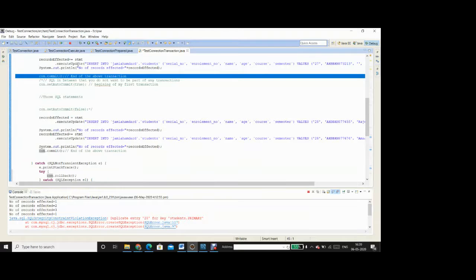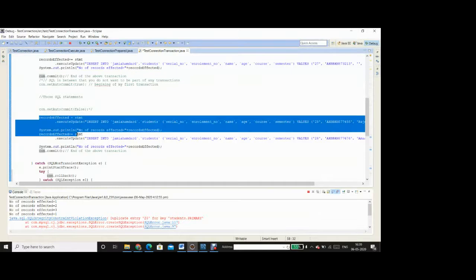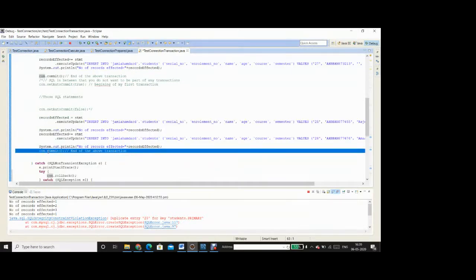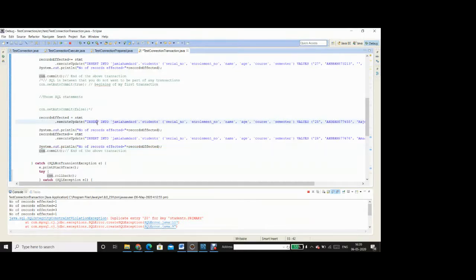So all these are made permanent, so they will not be rolled back. Only the effect of these two statements is going to be rolled back, for which con.commit has not been encountered so far. So when you say con.rollback, it goes back to the previous commit.